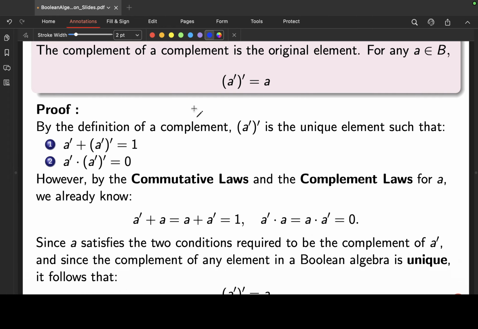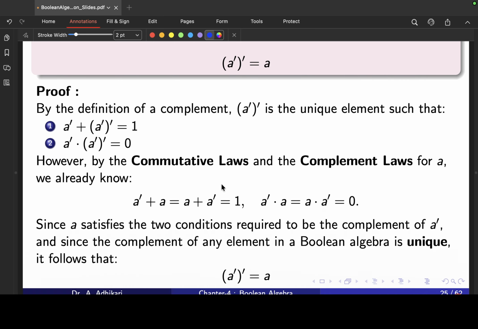So by the definition of complement, A' plus (A')' equals 1. However, by the commutative laws and complement laws for A, we already know that A' plus A equals A plus A' equals 1, and A' dot A equals A dot A' equals 0. Since the element A satisfies the two conditions required to be the complement of A', and since the complement of any element in Boolean algebra is unique, it follows that, because (A')' plus A' equals 1 and A' plus A equals 1,